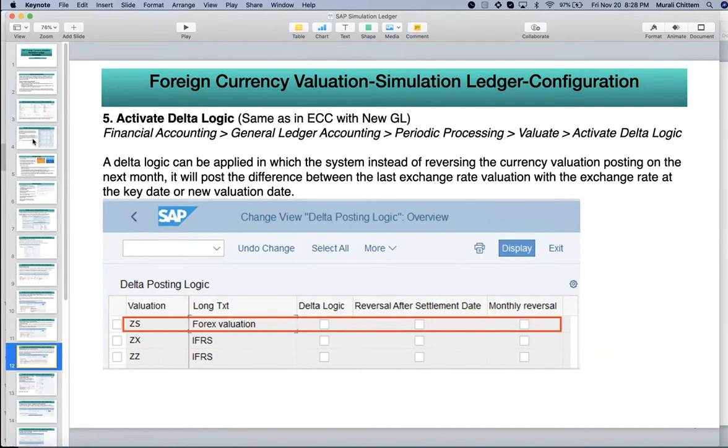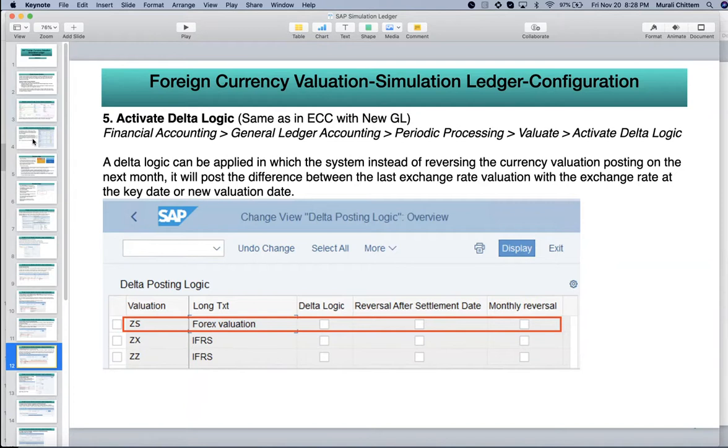This is activate delta logic. Probably you might be aware of the purpose of this delta logic. Basically, there are two methodologies for doing foreign currency valuation. One method is posting a valuation gain or loss at the period end and reversing it on the first day of the next period.